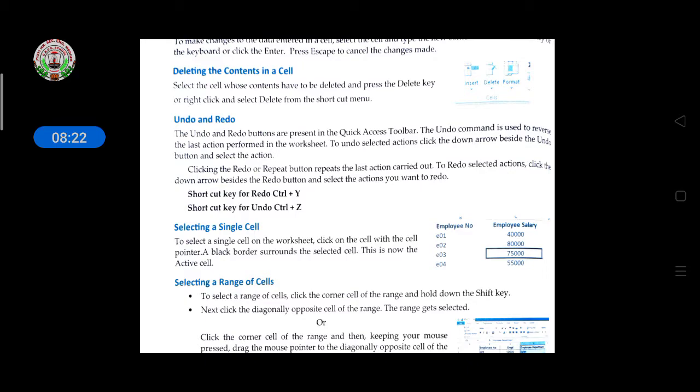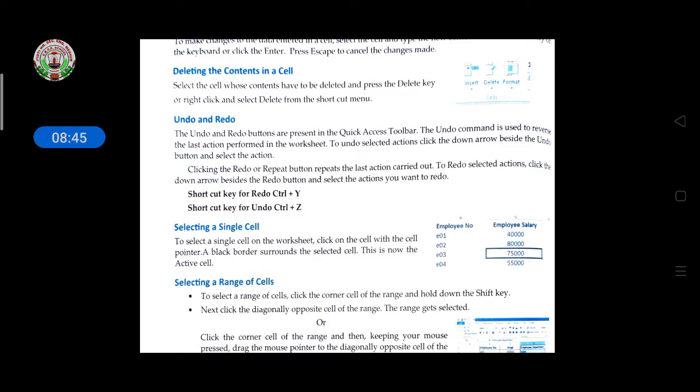Then undo and redo. You know the meaning of undo and redo. The undo and redo buttons are present in the Quick Access Toolbar. The undo command is used to reverse the last action performed in the worksheet. To undo a selection, click the down arrow beside the undo button and select the action.